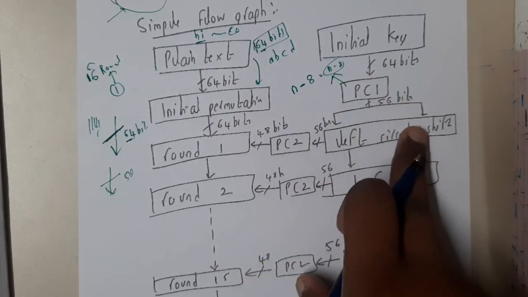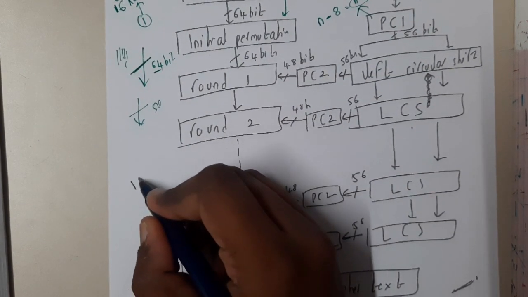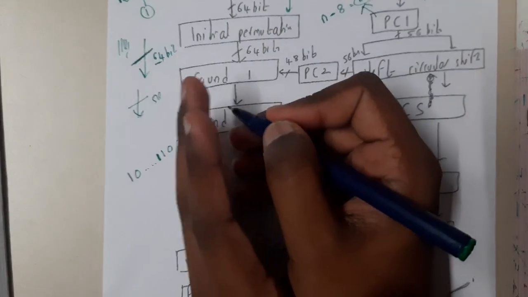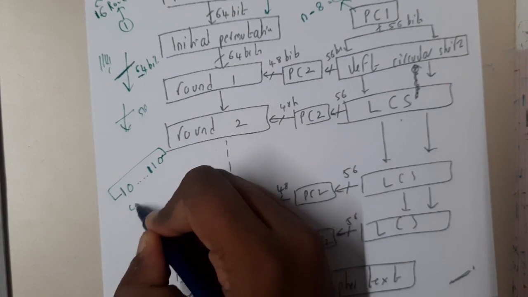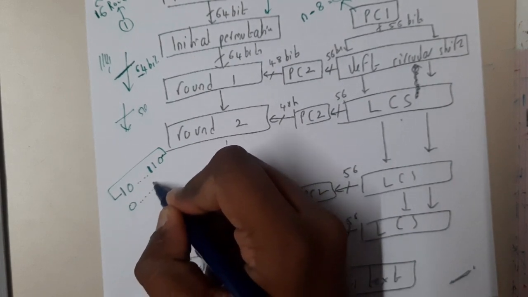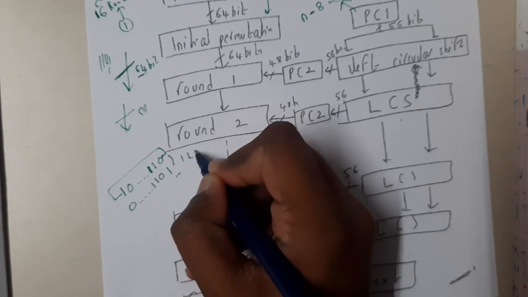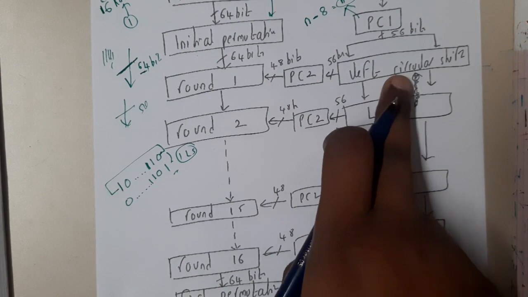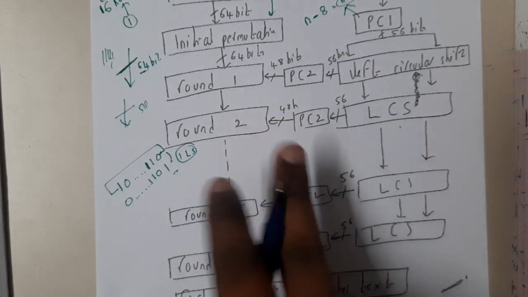On this output you will do the left shift operation. You might be confused about what this left shift is. Assume there is something like 101. Left shift means we are moving the bits this side, so 1 bit will be moved this side. If it is a 1 bit left shift, the result will be 0 1 1 after one left shift. Based on the round number, this left shift will depend. Commonly, in the left shift, round 1 will take 1 left shift.